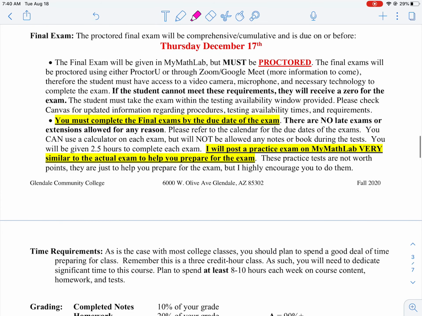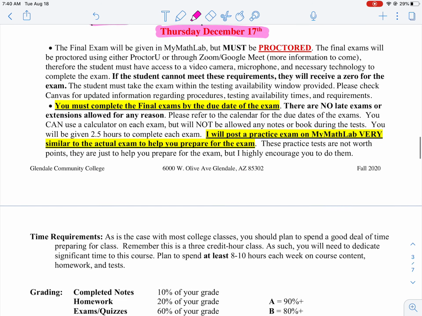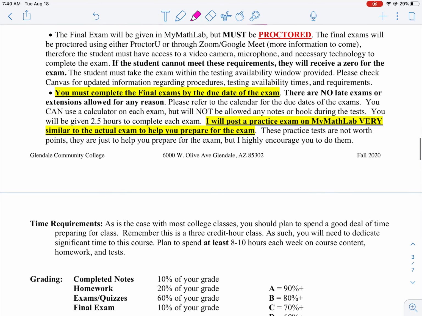There will be a final exam, a proctored final exam that's comprehensive at the end of the class. I will give you another window of opportunity to take that exam, but it is due on or before Thursday, December 17th. So again, that will be a proctored exam, and it will be a comprehensive exam over everything we've covered for this semester. The final exam will be given on Mymathlab and must be proctored. Like I said, I'll give you more information about ProctorU when I get there,